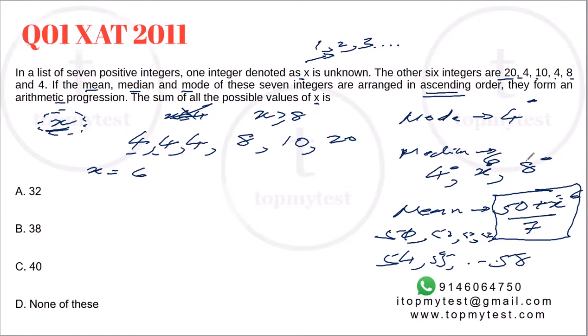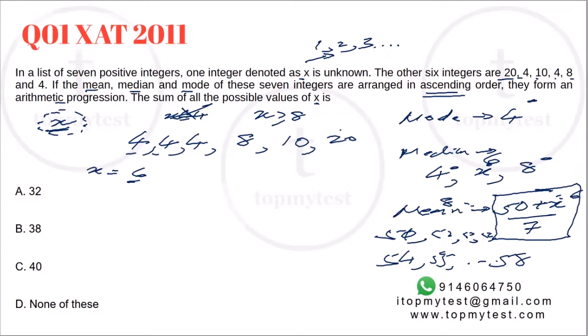So if I put x is equal to 6, this relationship should be satisfied. Let's see. 4, 6 and 56 divided by 7 is 8. So they are in arithmetic progression. 4 plus 2 is 6, 6 plus 2 is 8, and x is equal to 6 satisfies. That is one scenario which is possible. But that's not the only scenario, and even if you look at the question, it says look at all possible values of x.